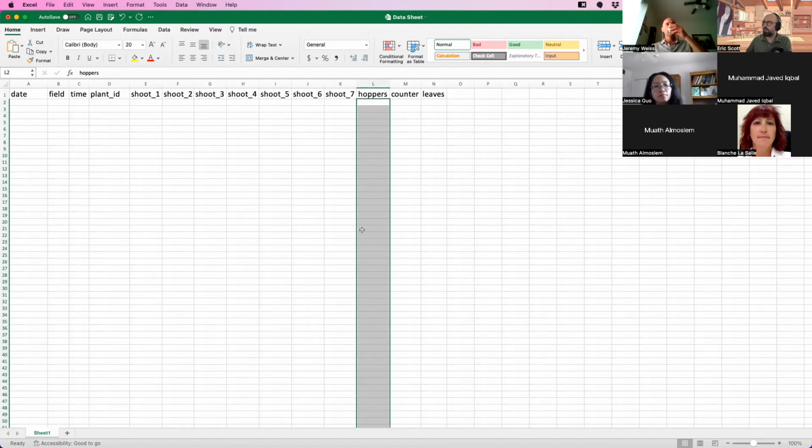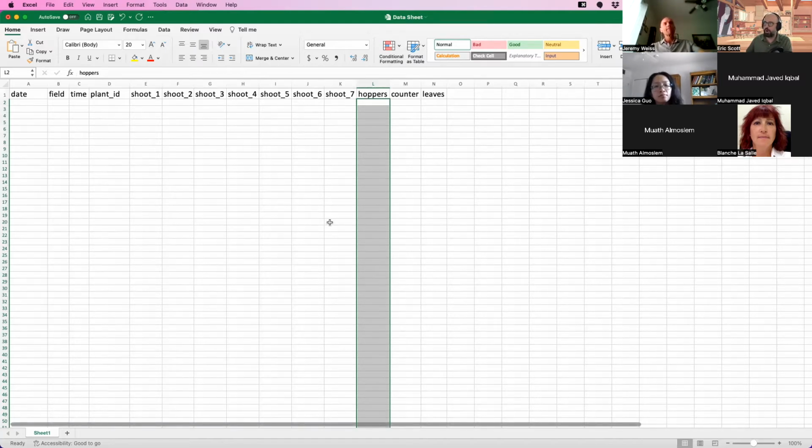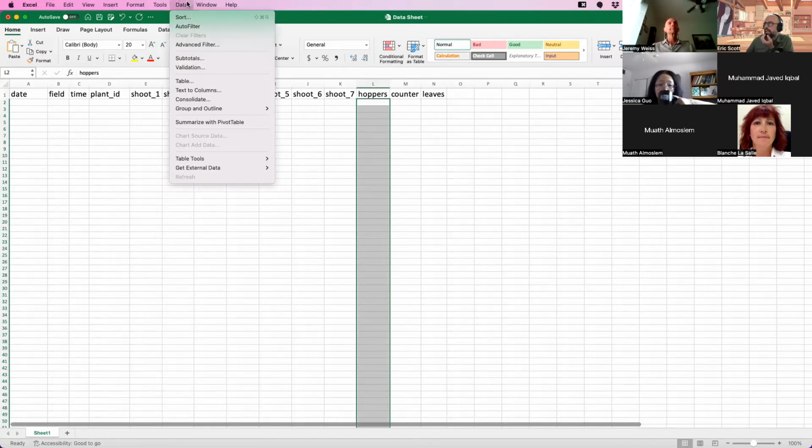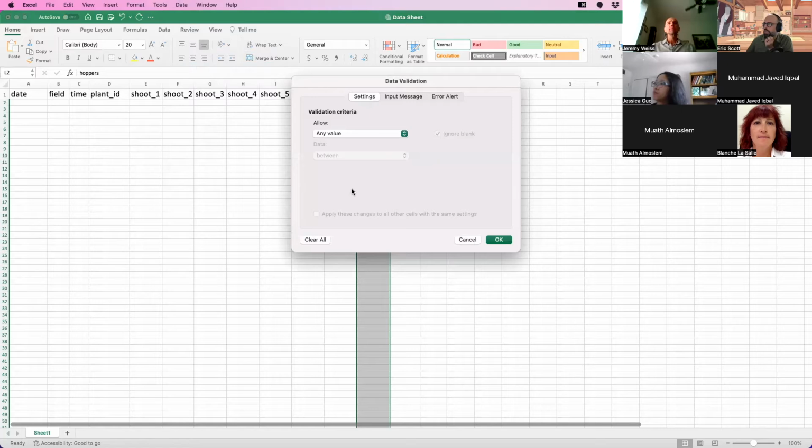Okay, so we want all these cells to be restricted to only be numeric. The way that we're going to do that is in the data menu here, there's a validation thing. There's another way to get to this in the toolbar that we can look for later, but for now we'll do that. That brings up this little pop-up dialog box where I can choose what kind of value goes in there. Now hoppers has to be a whole number because it's a count, the number of leaf hoppers. And it also has to be